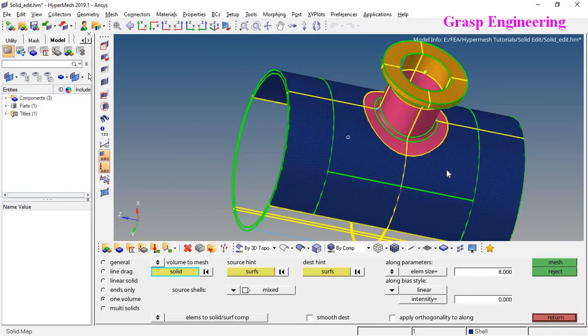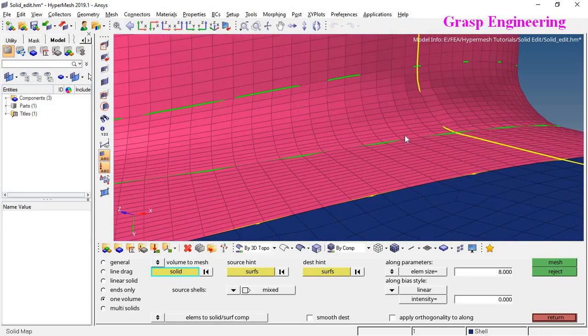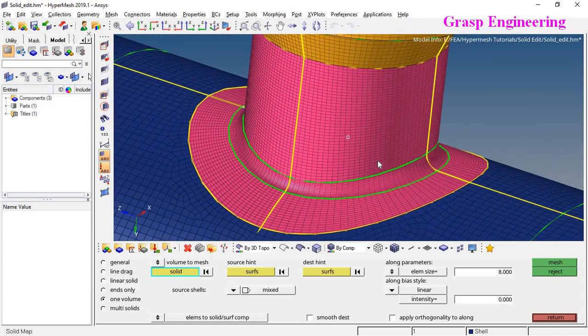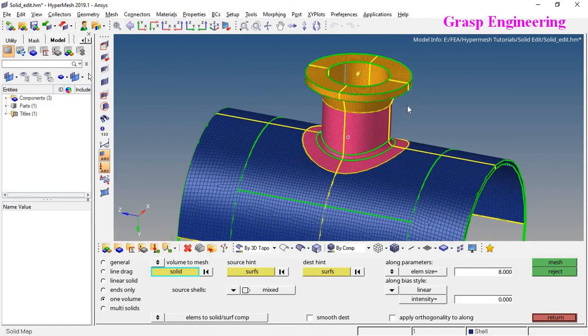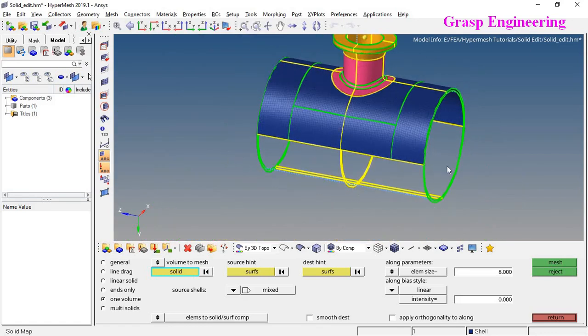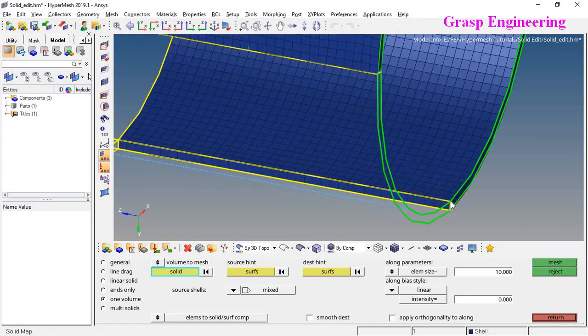So basically our critical region is nearby the nozzle shell junction, so here you should have a proper mesh. The remaining region is okay, like the hub location is also critical. Flange you can go with coarser, even at the bottom of the shell you can go with the coarse mesh. So let's define here 10, and if you want you can make it mesh. There is no need to do 2D mesh.